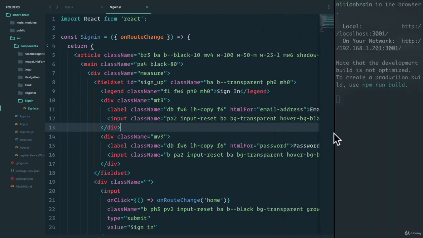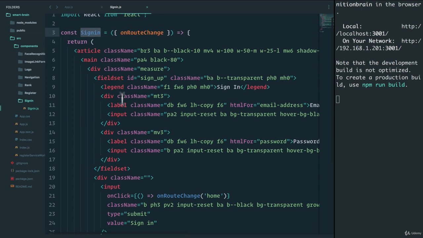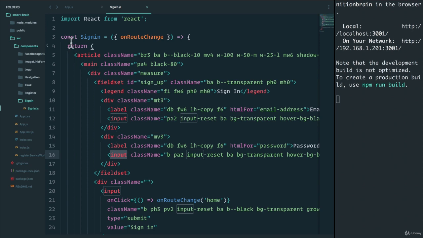Now what that means is that we want to turn this into a smart component so that it has state. That is the state of input of email and password. So let's do that. Let's convert this into a class sign-in, which extends